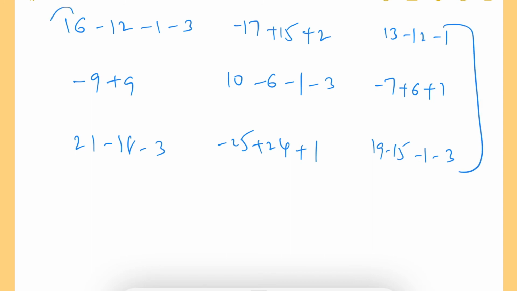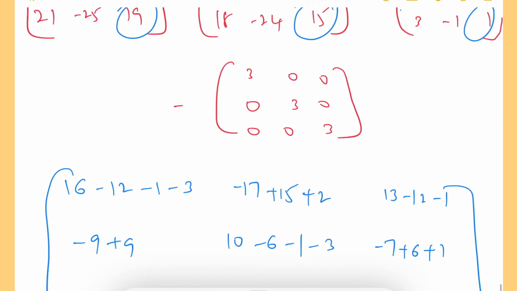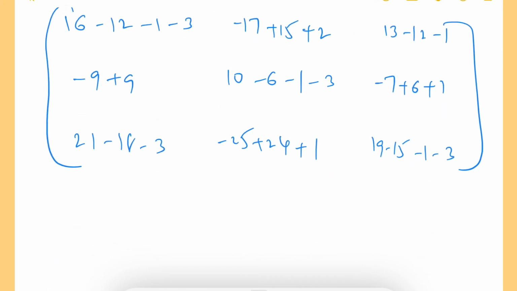Let us do simplification of this, so that we will get the final answer. Okay, now this total value: minus 12 minus 1, minus 13; minus 13 minus 3, minus 16. 16 minus 16, 0. Next, 15 plus 2, 17. 17 minus 17, 0. Minus 12 minus 1, minus 13; minus 13 plus 13, 0. So total first row we got 0 only.